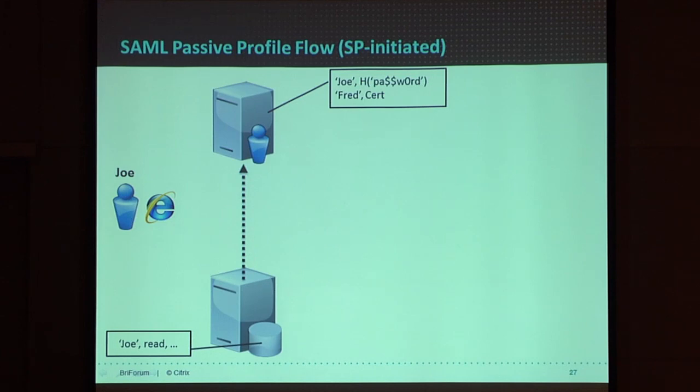So the model might be that the user tries to go to the Salesforce page, and they're not logged in. Salesforce doesn't know who they are, so it needs to redirect them to get logged in. Now there's a bit of magic for it to know that it should redirect them to that particular identity provider. That problem is called home realm discovery. I'm not going to talk about how it's solved, but let's assume the browser gets redirected there. So the user goes through the normal login process with the identity provider, and what is generated is a SAML token you carry